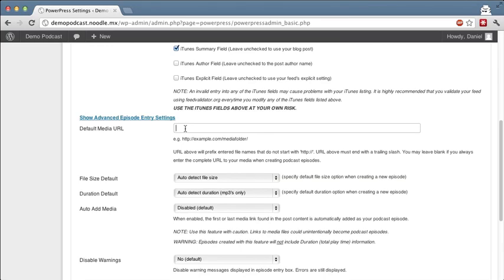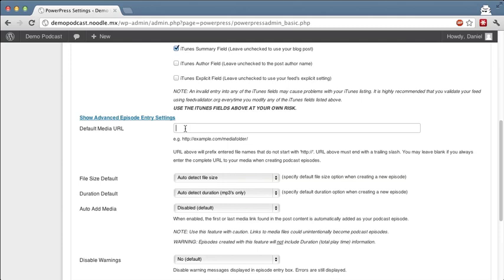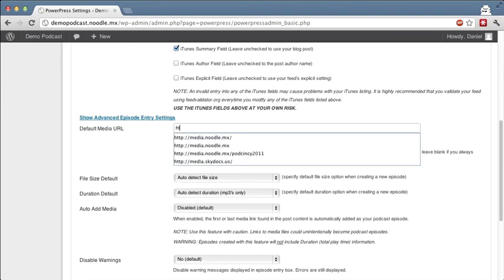If you always upload your podcast to the same place, and the URLs for the episode downloads are always the same, you can save some time and stress by entering part of that URL in here. An example for myself is I host all of my podcast episodes, or I access them all through a subdomain on my site. So what I enter for my default media URL is